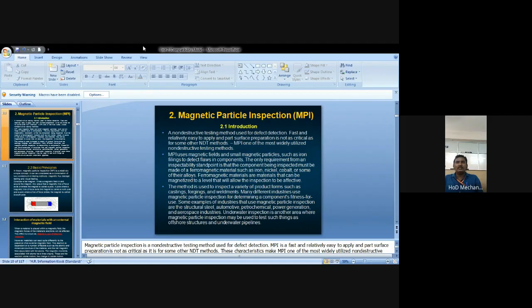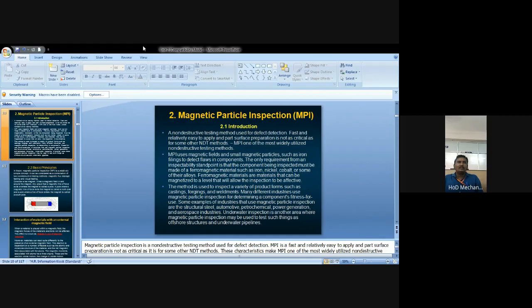Many different industries use it. Some examples of industries that use magnetic particle inspection are structural steel. The MPT method is most widely utilized by automobile manufacturing companies and also